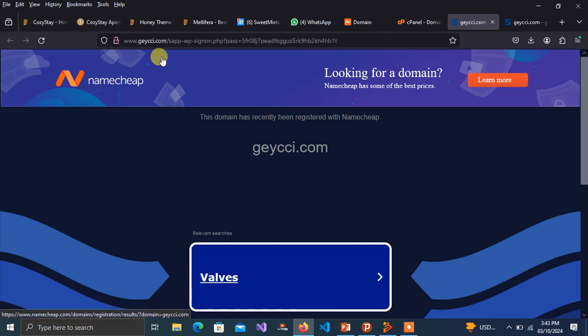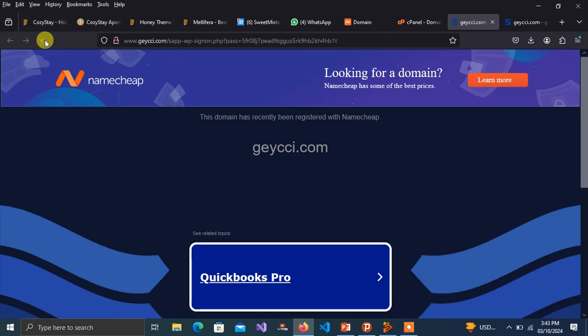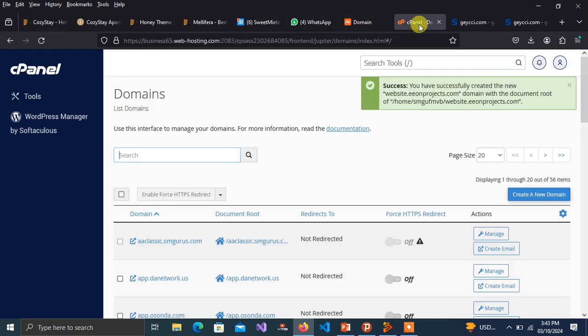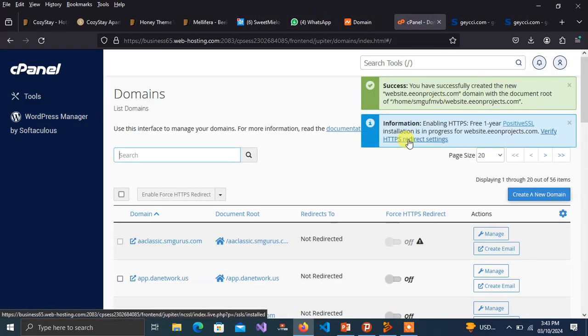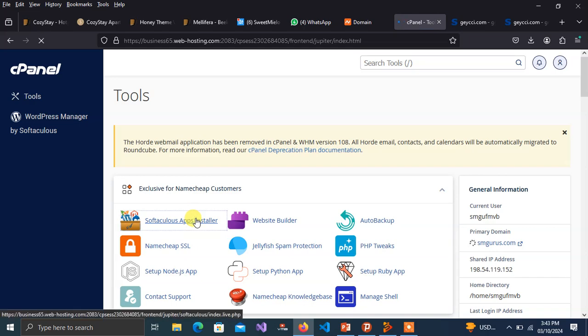Checking this. So what are you saying? This domain has recently been registered with Namecheap. Yes, now I registered it. Okay, so it's done. So we just go back to tools, to the app installer,